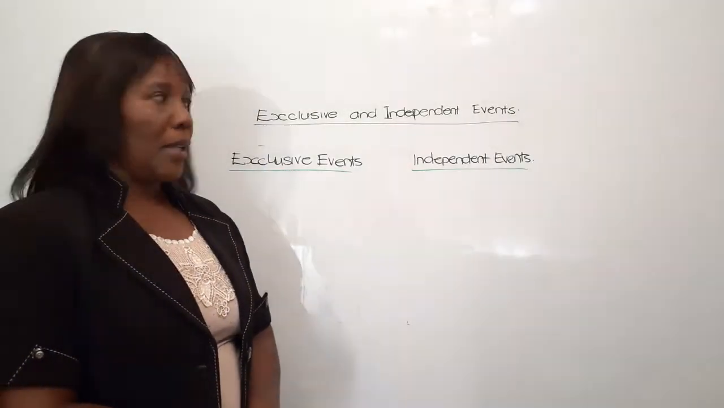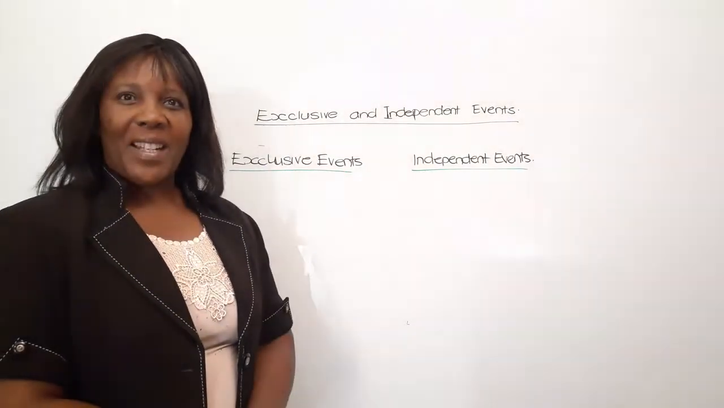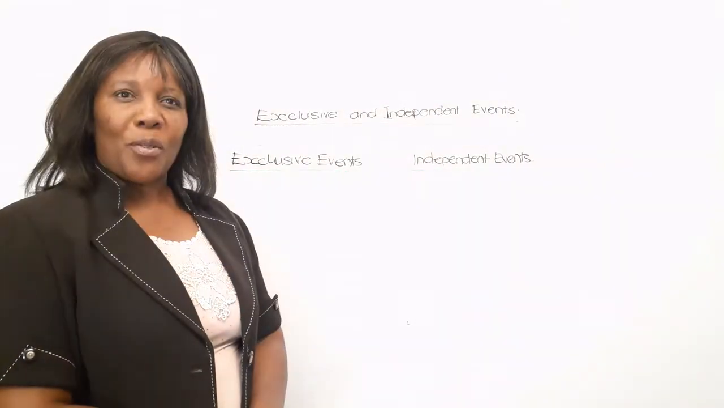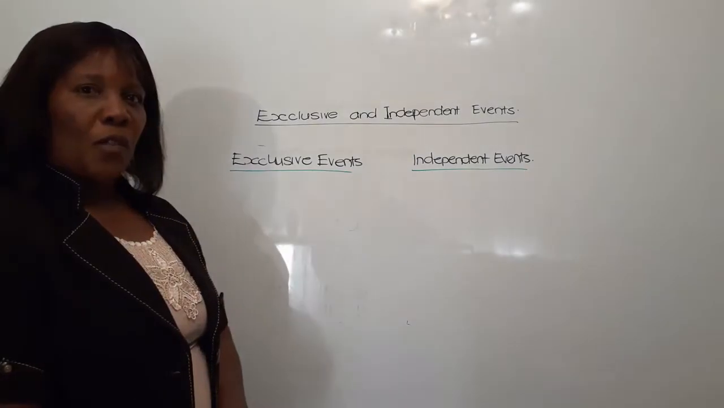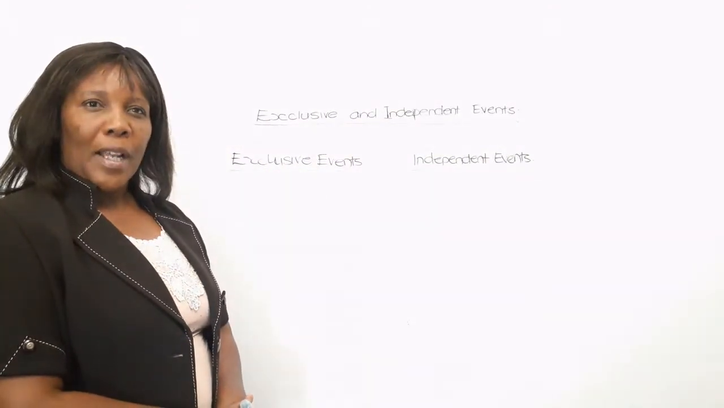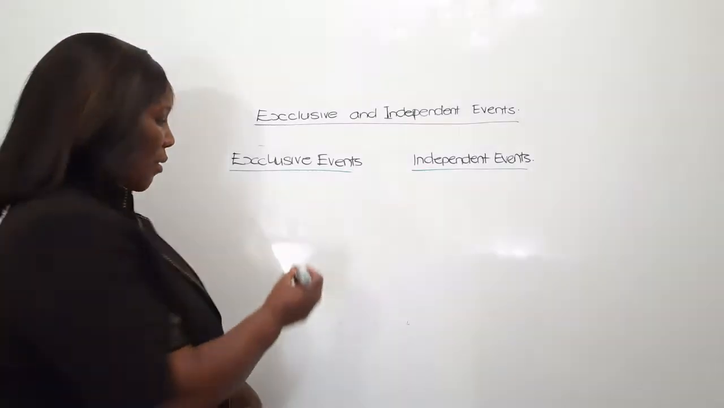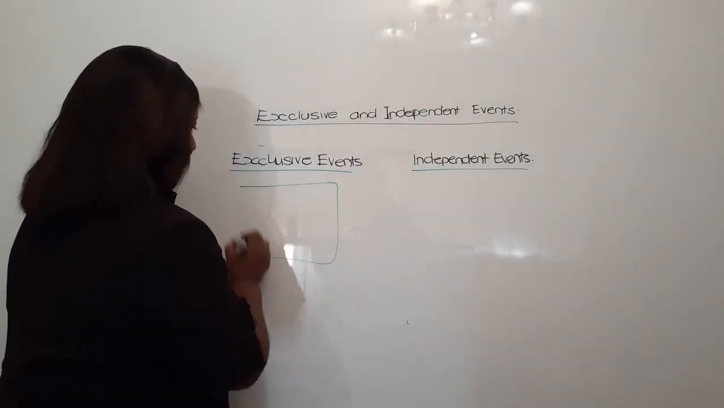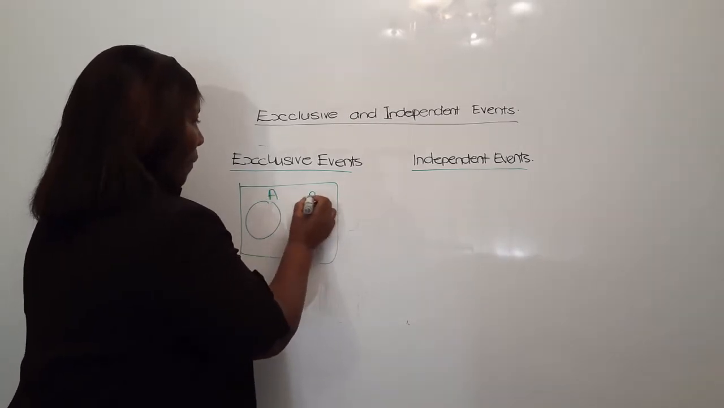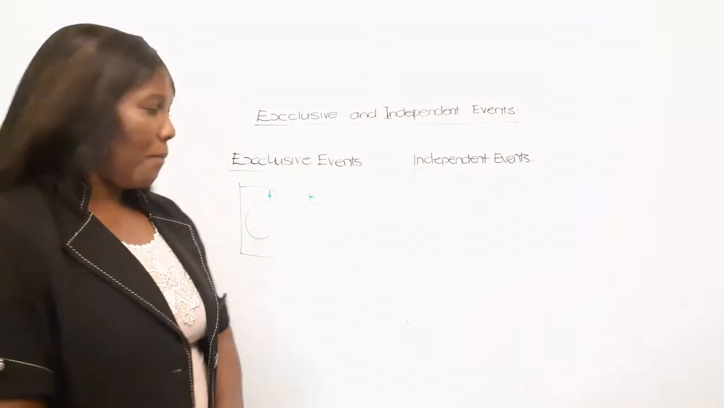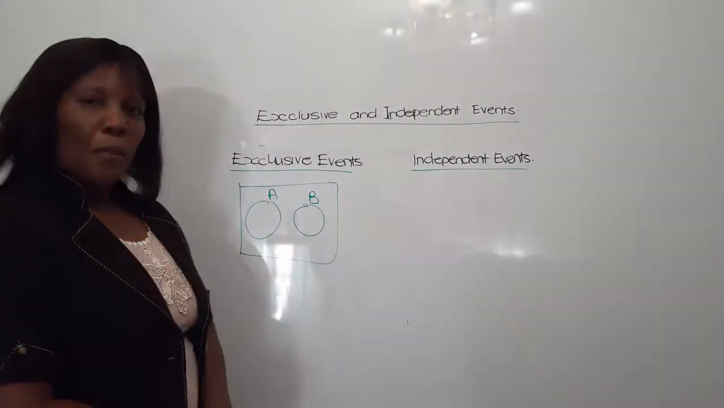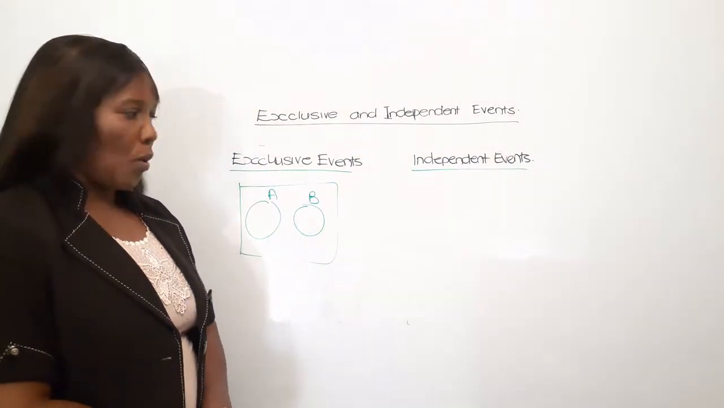Today we're going to look at exclusive and independent events. I'm going to start by explaining to you what exclusive events are. Exclusive events are events when we draw a diagram where there is no intersection. So events A and B on the board here do not meet, therefore we call them exclusive events or mutually exclusive